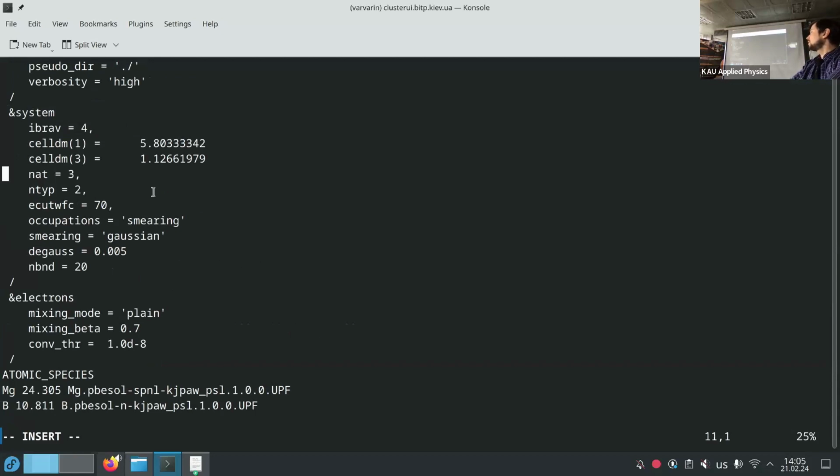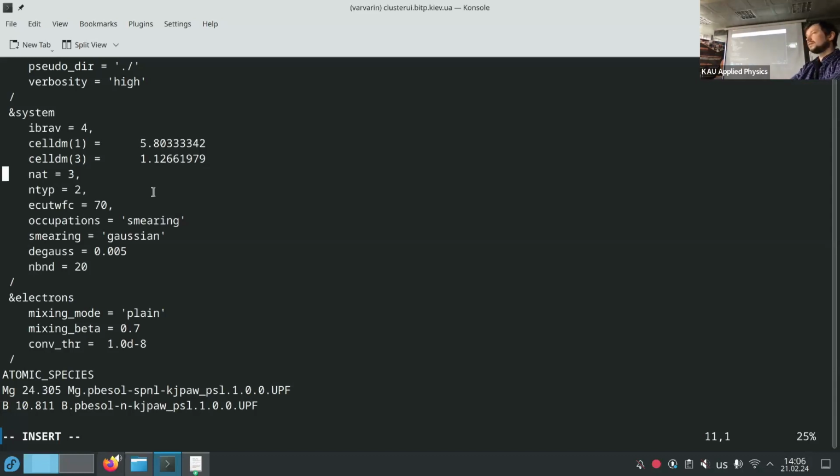For example, I take a lower number of key points for relaxations and then higher for SCF, because from SCF it should get the electronic density, for which we need a higher number of key points. And for relaxation, I take a lower number just to increase the speed. It's not very optimal. The best thing is when the key points are the same for relaxation and for SCF, because then you can be sure that you take the structure with no pressure.